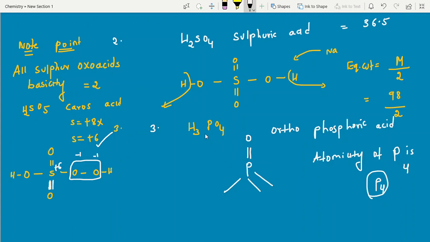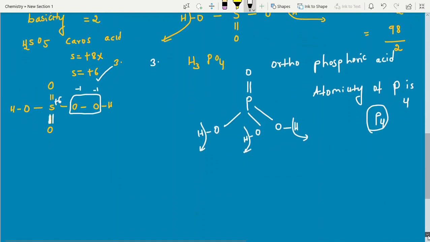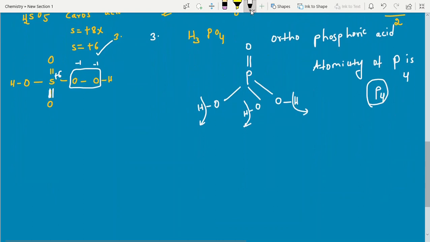So 5 bonds now. See here, phosphorus gone, and now the hydrogens. 3 oxygens remain, we can write like this, and you can write hydrogens here, here, and here. See, easily replaceable hydrogens are here, 3. Why, madam? Theoretical information is also 3 only, no? Why don't you take it directly? That's what I am telling. Some points may or may not match. Some questions it is matching, some it may not. That's why it depends on the structure we have to decide.